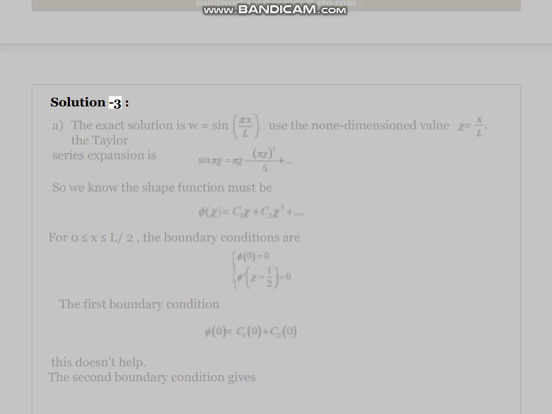Solution 3. A. The exact solution is w equals sine. Use the non-dimensionalized value. The Taylor series expansion is, so we know the shape function must be, for 0 less than or equal to x less than or equal to L/2. The boundary conditions are: the first boundary condition doesn't help. The second boundary condition gives